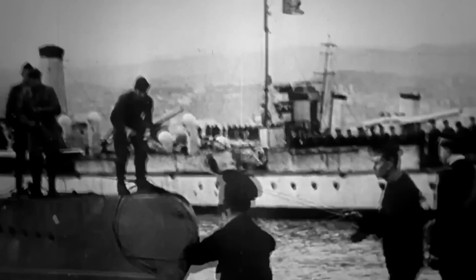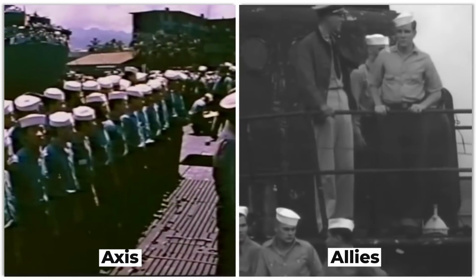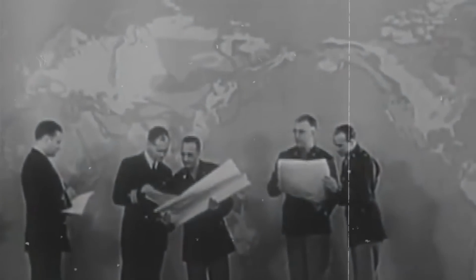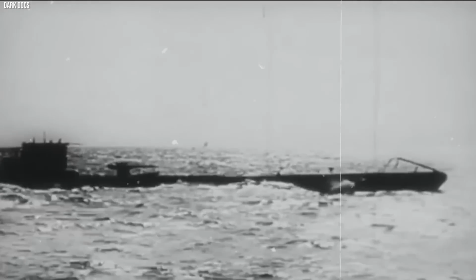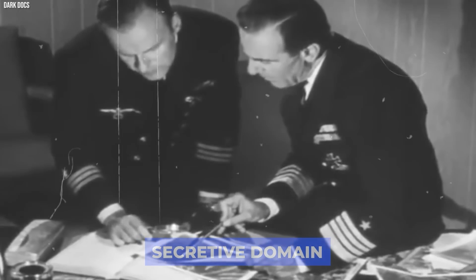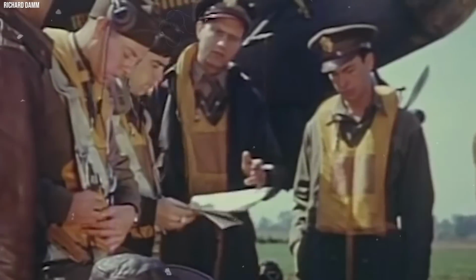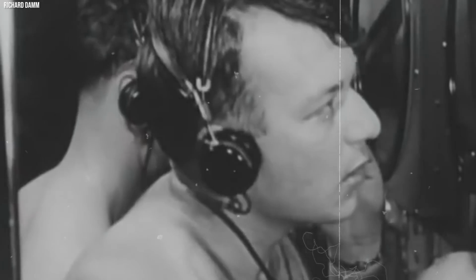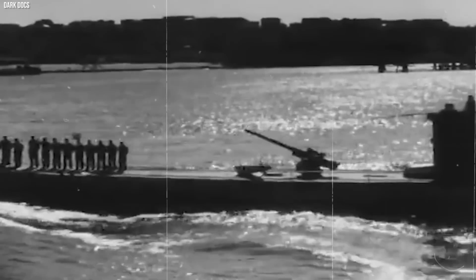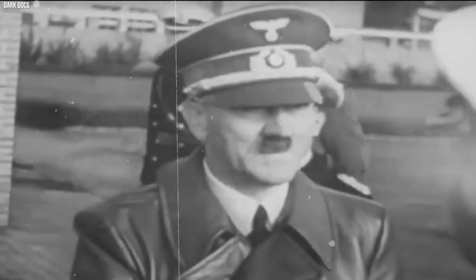During World War II, intelligence and undercover work were crucial, with both sides, the Axis and the Allies, dedicating significant resources to gathering and decoding vital information. The narrative of U-864 matches deeply with this secretive domain. The German Kriegsmarine, recognizing the Allies' growing prowess in intercepting and decoding messages, had to operate in utmost secrecy. As a result, the mission of U-864 was veiled in layers of confidentiality, disclosed only to a select few within